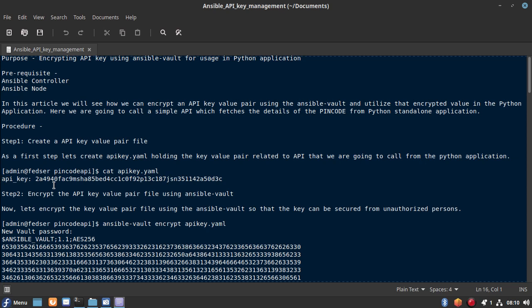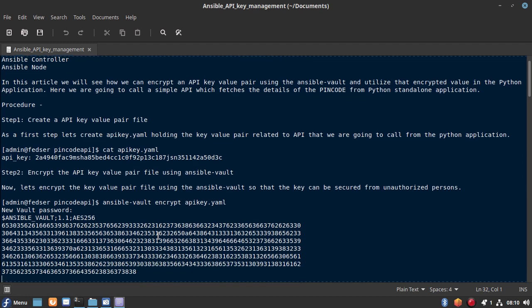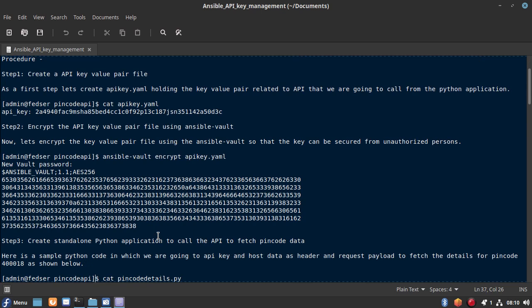This is an open, free API, so you can utilize it. There is no problem. I have encrypted it using the Ansible Vault encrypt, and this is my encrypted data which I have created. This is the way we can encrypt our data which is available in the file.